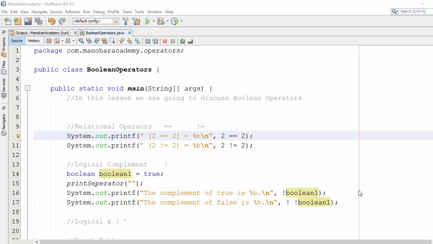Hi, in the previous lesson, we have looked at Java operators precedence and associativity. In the current lesson, we are going to look at some operators that can be applied on Boolean values. Let's get started. In the previous lessons, we have seen that the relational operations like 2 double equal to 2,